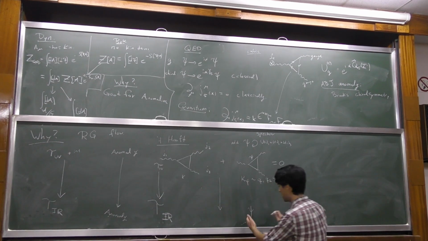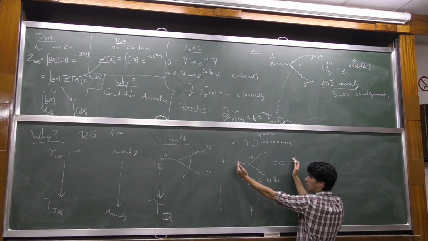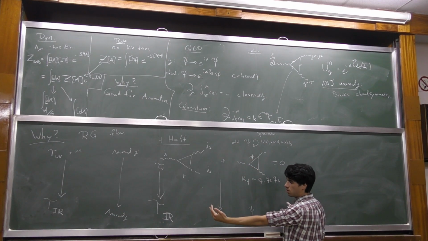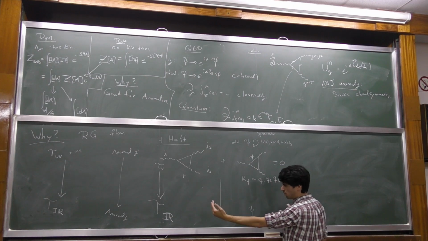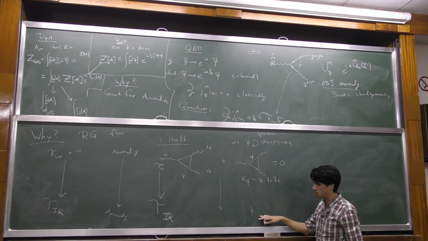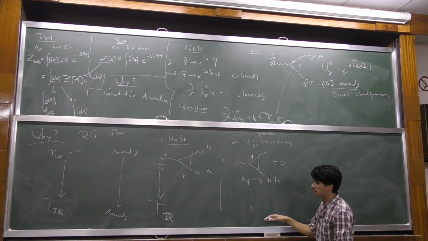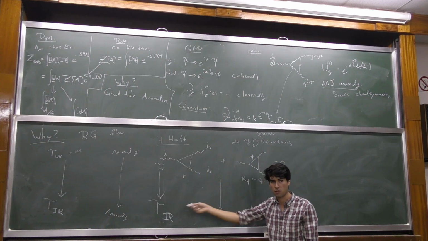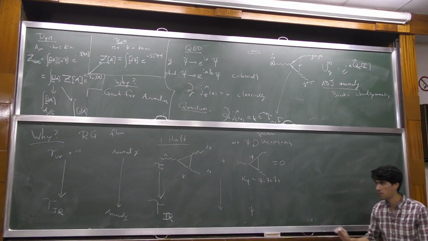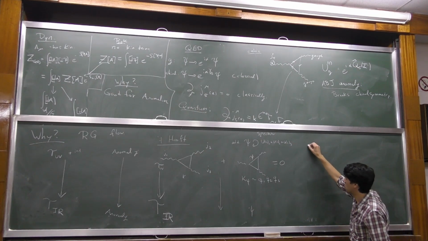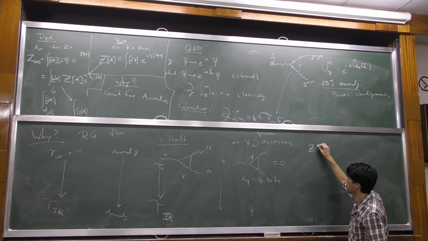But now what it tells you is that this part of the theory has the same anomaly as the UV part did. And so in order for this full infrared theory to transform well under this global symmetry, this has to also have the same anomaly. And so that's one argument why the anomalies match. Or in other words, if you want to write this in terms of a partition function,